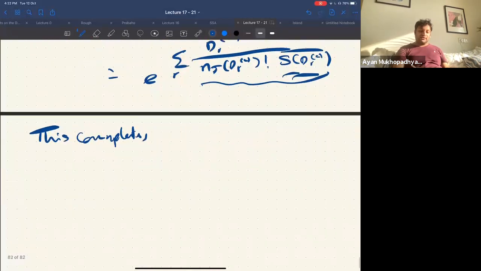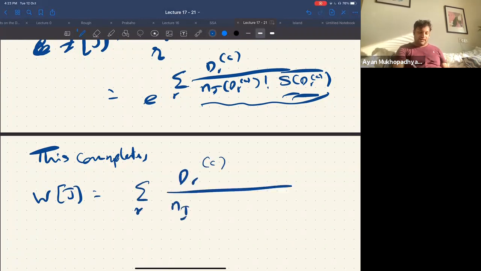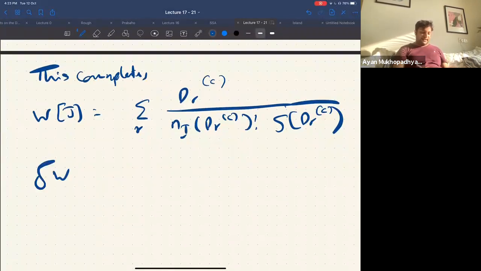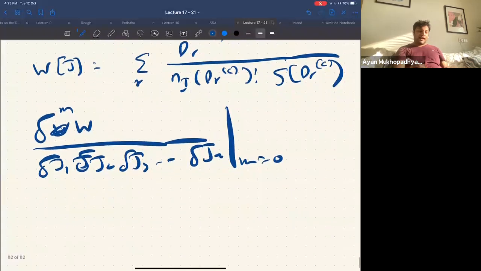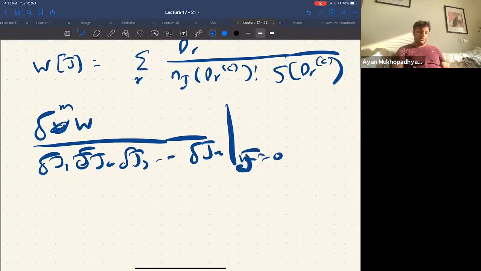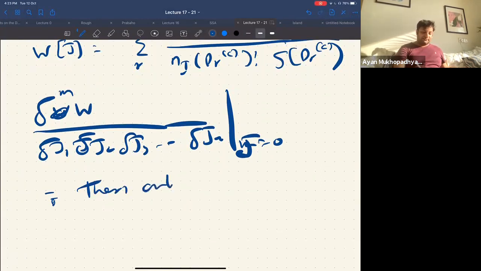But you see that when you are now taking a functional differentiation, it means that W of J has to be simply the sum over all connected diagrams, as I wanted to prove, with nj DRC factorial and S DRC. Now suppose I take the mth derivative of this object, delta J1, delta J2, delta J3, up to delta Jm, and I put J equal to 0. Then only those diagrams will contribute where nj, so if I do this, then only diagrams